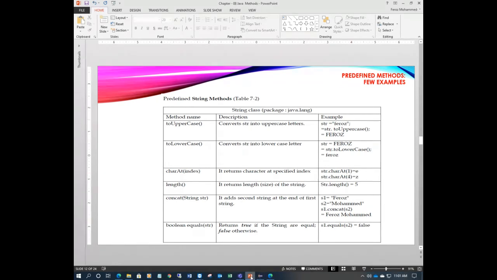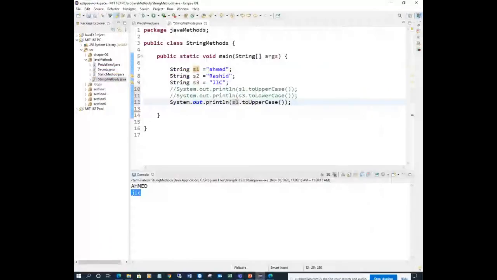Here is the index of each char. As per the definition, a string is a collection of characters, right? Each character is stored at a specific index. For example, a is stored at one index, b at another index, and so on. The index of any string starts at 0, so the first character is stored at index 0, the beginning memory location.